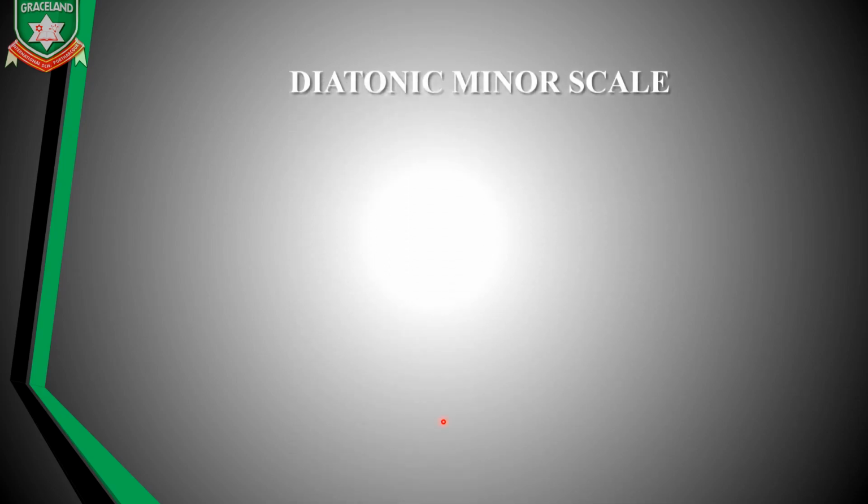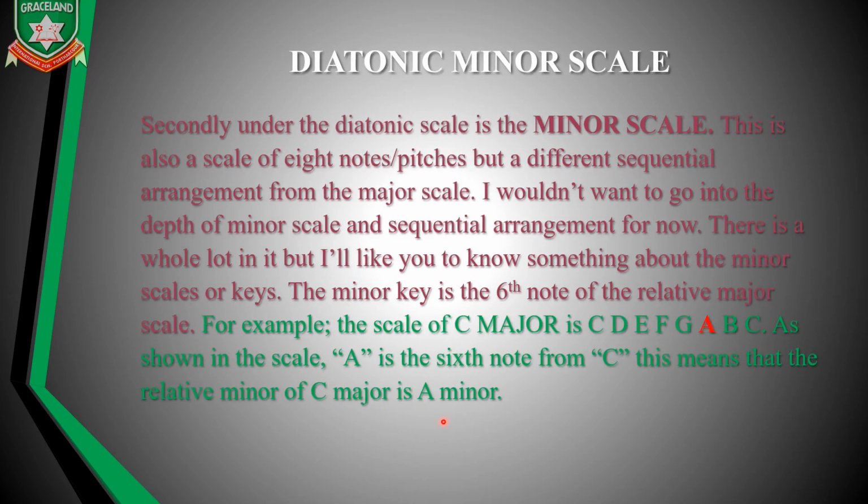And then so that we can move faster and get you to where you're supposed to be. Diatonic minor scale. What are we talking about in minor scale? Minor scale is very simple. For now, we're just looking at it in a very simple way. When you get to higher classes, or when I make a video on the diatonic scale for classes higher than yours, then you'll be able to understand that. So please just understand for now that the minor scale is from the major scale. It starts from the fifth note of the major scale.